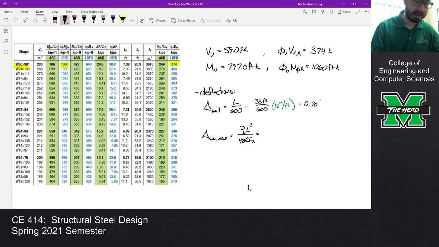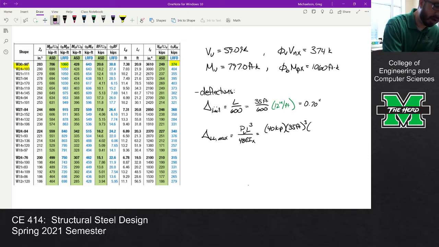We have everything that we need. So this was 40 kips. This is 35 feet cubed times, don't forget our conversion factor here up top of 1728, over 48,